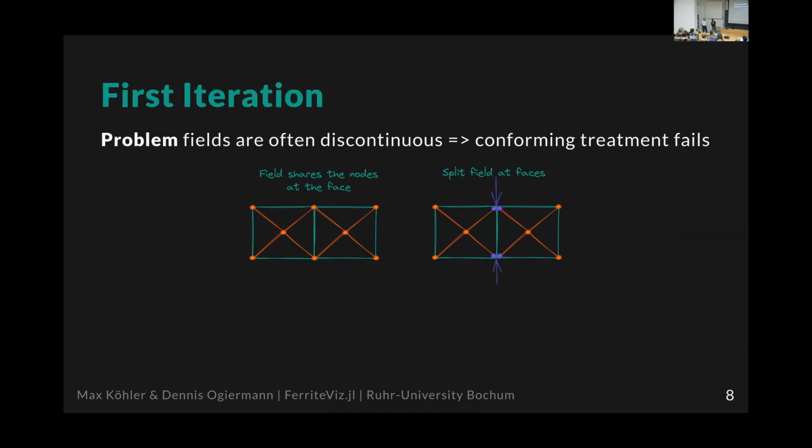The problem we often encounter in finite element problems is that fields are not always continuous. For example, if you have data variables that are not continuous, or if you have gradient fields, they are not continuous across elements. So it's usually not the best way to approach the tessellation with conforming triangles on the faces, but we make them non-conforming by splitting the nodes apart on the faces